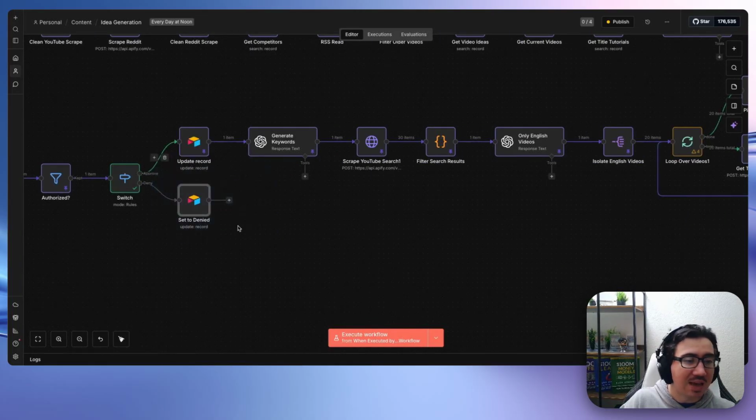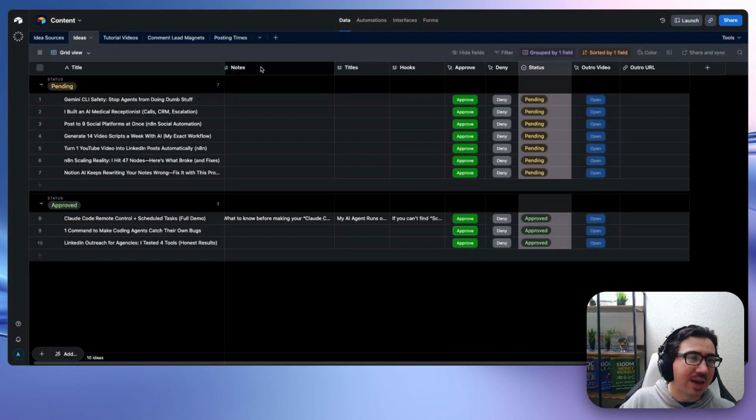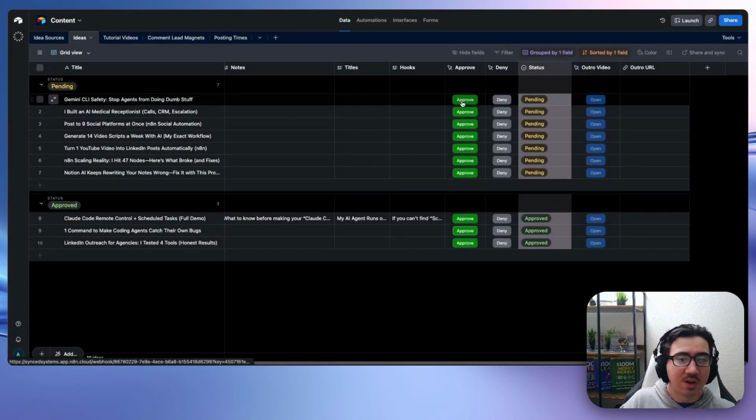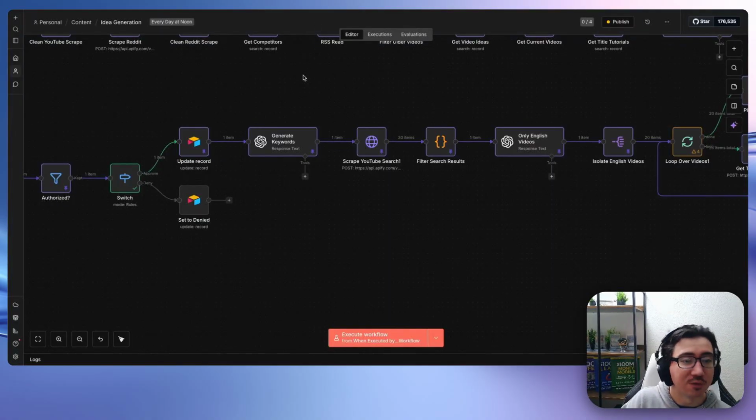Then here we're going to say, hey, are we trying to deny the post? If so, we're just going to update the status to denied. Pretty simple. Obviously, you can just use the drop down here, but I wanted approve to just be a one click and not have to click and change the status all the time. Also, this is instant because it's a webhook, so that's another benefit.